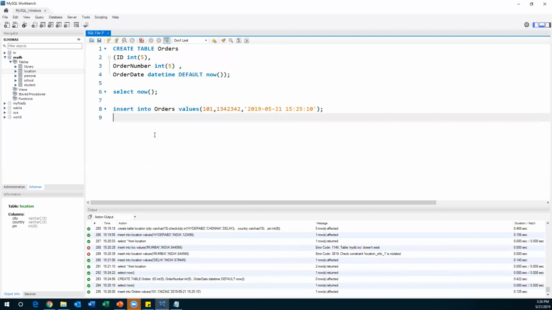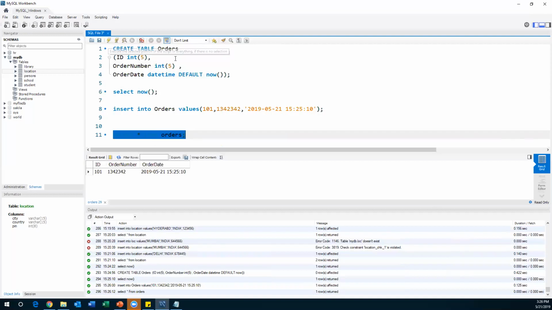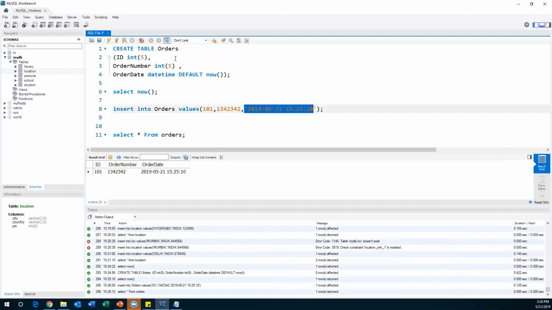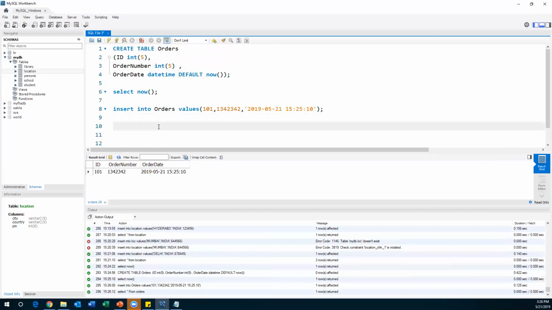Now if you see this, select star from orders. Now this will give you one record. This record I have inserted manually. But what I want to do is not insert this value manually. I will insert only ID and order number, and this value is automatically inserted by the now function. In that case, how can we insert the data? So the second scenario, I'm going to insert only ID and order number. So insert into orders,